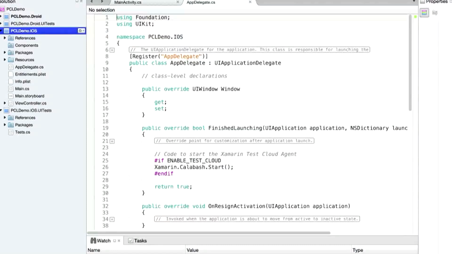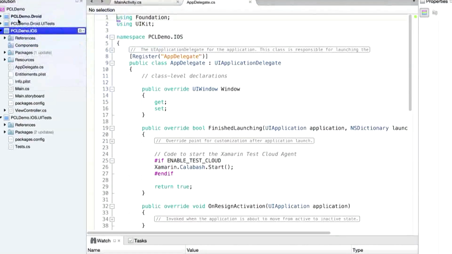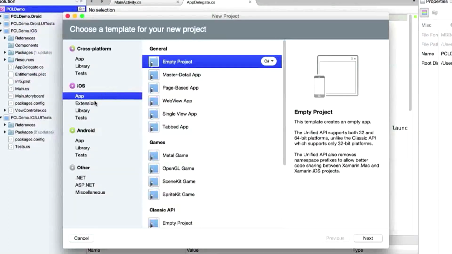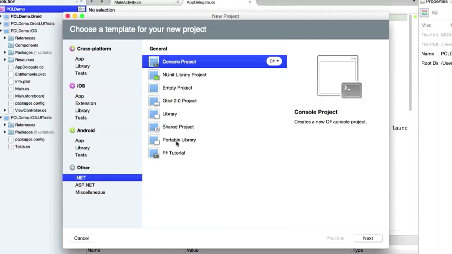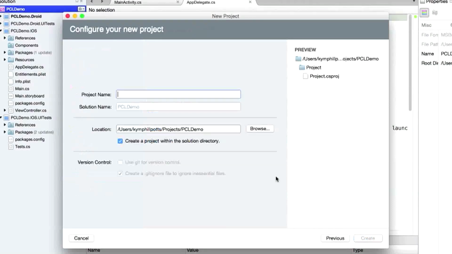Now what I'm going to do is add in a PCL project to our solution. So again, I'll go up, select, in my solution, add new project, and you'll find the PCL projects down here under .NET, and you've got portable library. So I'll call this PCLdemo.core